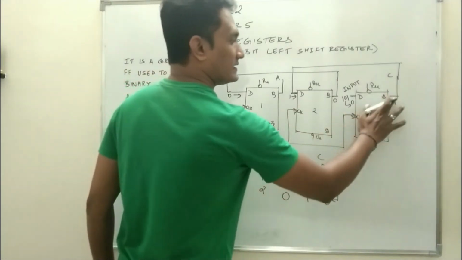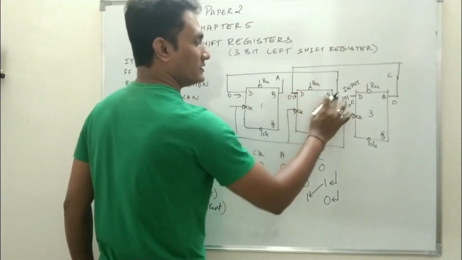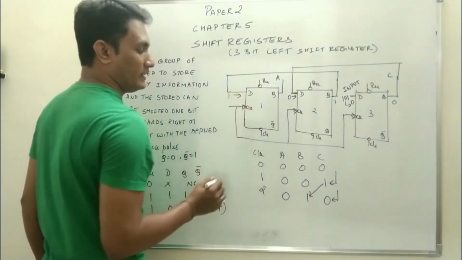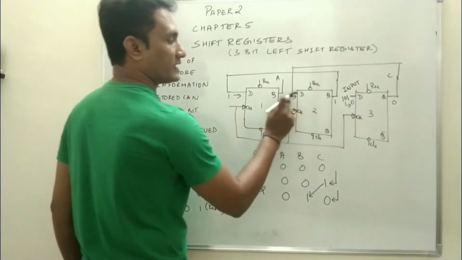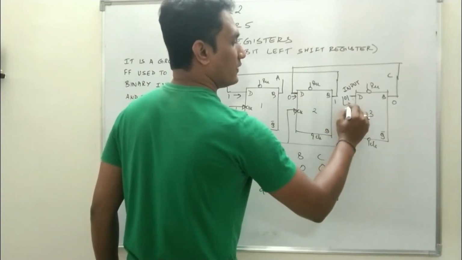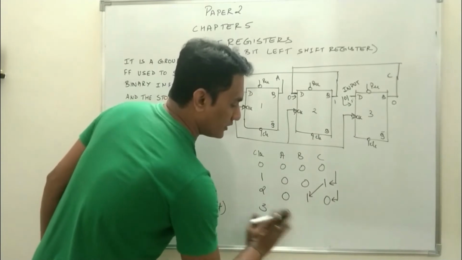So now C is 0, so input for the second flip-flop will be 0. B is now 1, which is input for the first, so this is 1. So with the next applied clock pulse, what is the input? For first flip-flop 1, for second flip-flop 0, for the third flip-flop now new data is available, this 1 will be transferred. So at the end of the third clock pulse, it will be